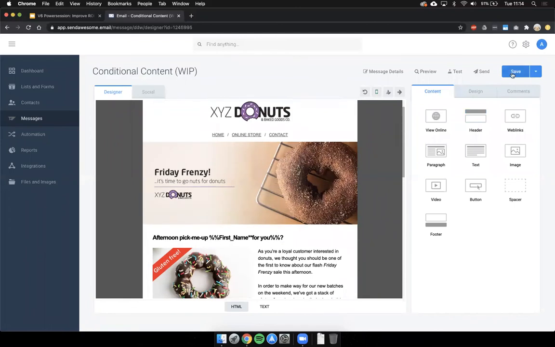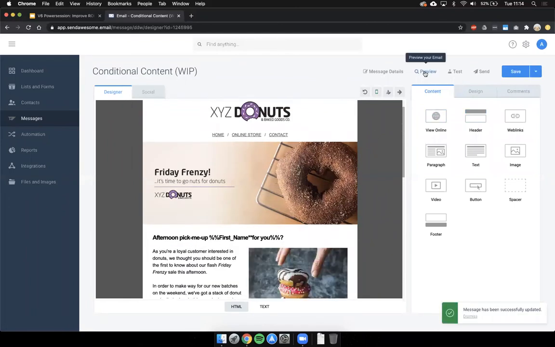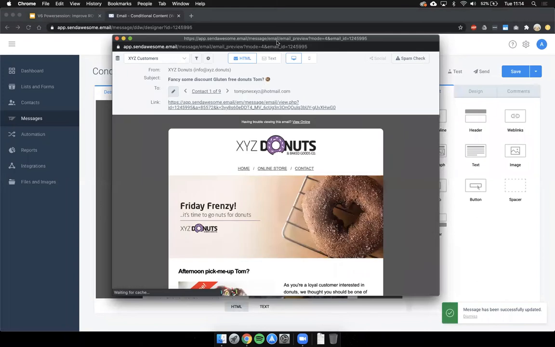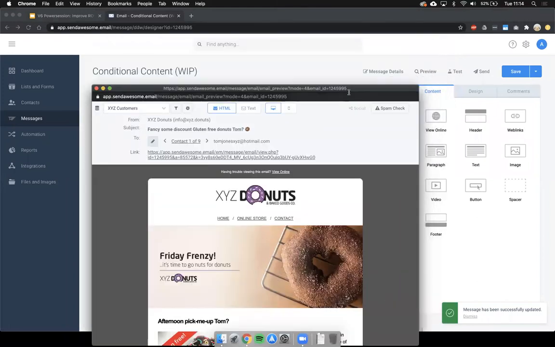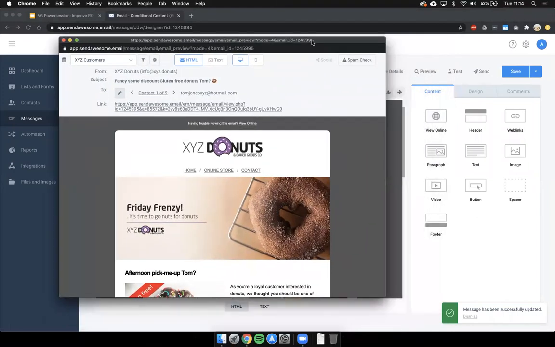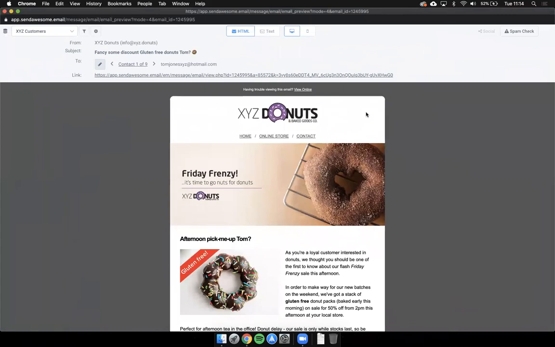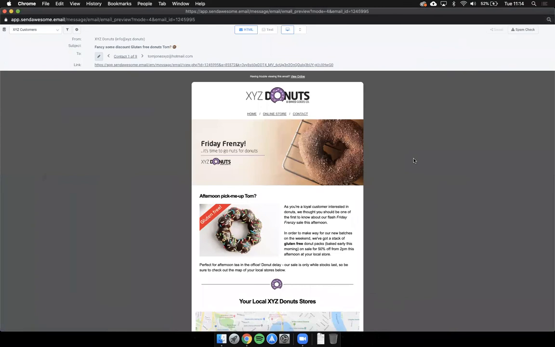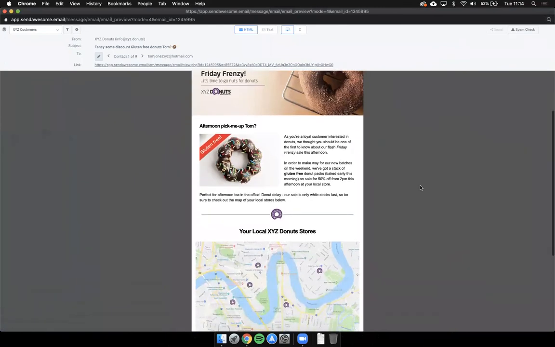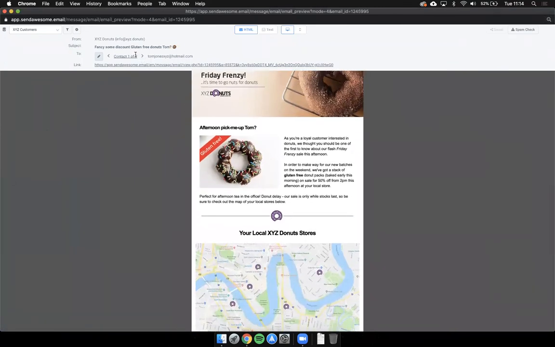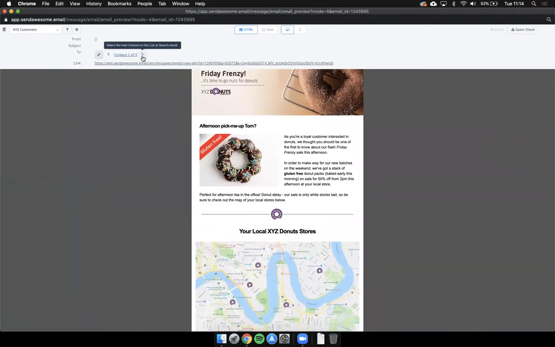Excellent, looking good. We'll save that. And the great thing about the preview function here in Vision6, which is this little button up there with the little magnifying glass, is that when you do the previews, you can actually see this all working because it previews it against your contact list. I'm just going to zoom out ever so slightly so you can see it. And as I flick through my 9 contacts up here, I've only got 9, but you may have more, you'll see that